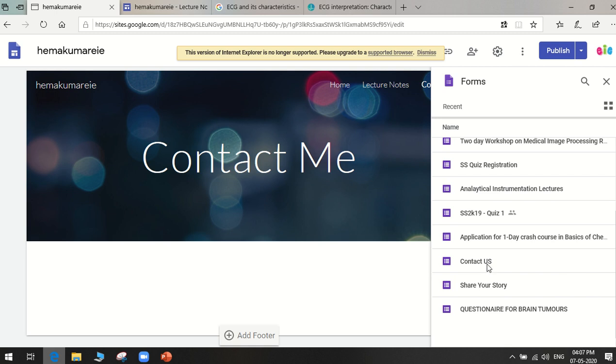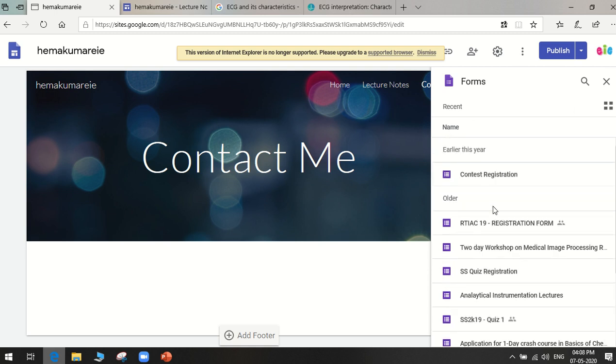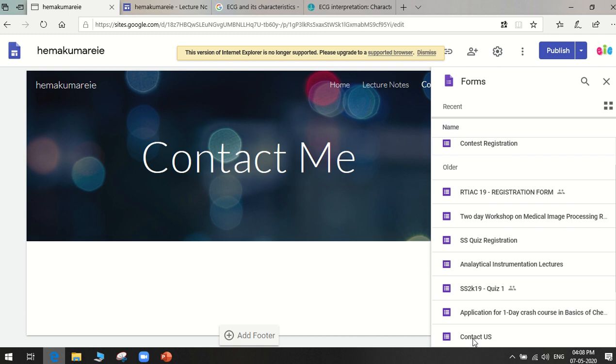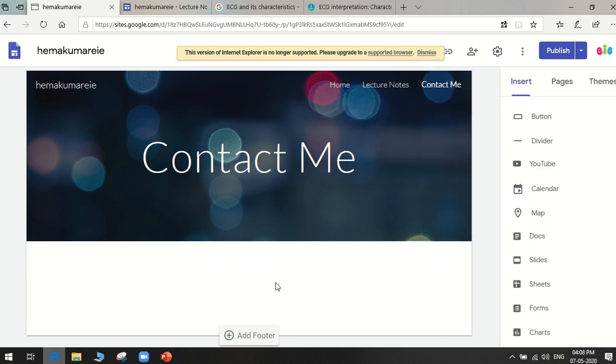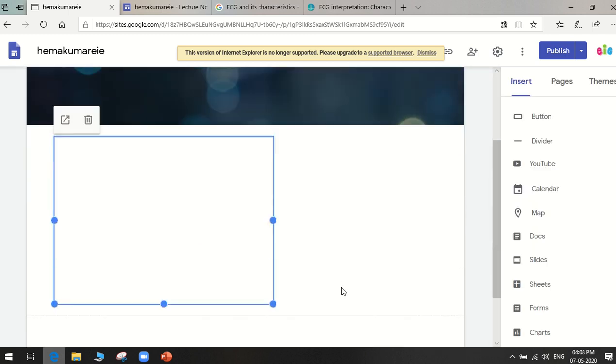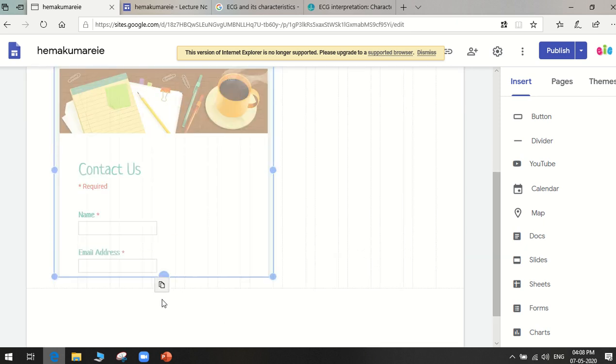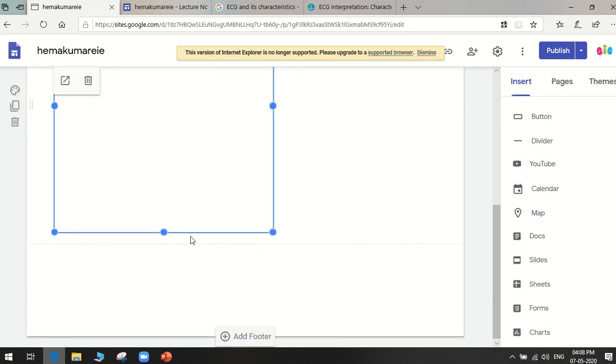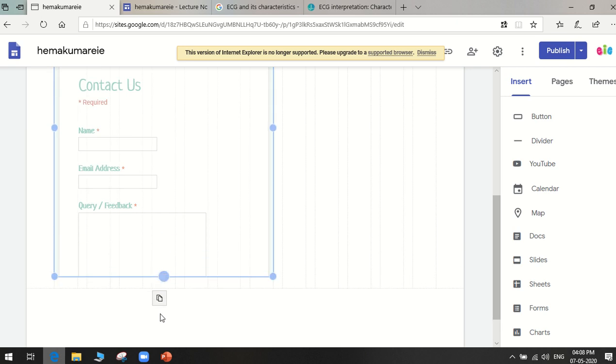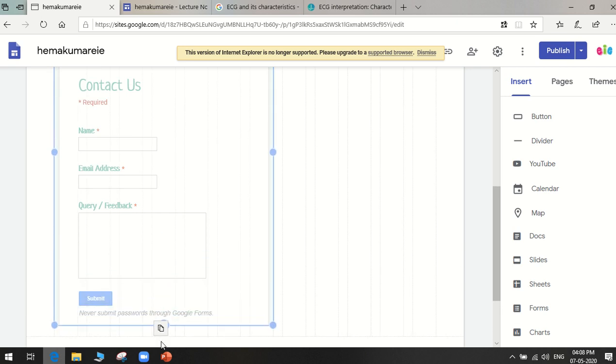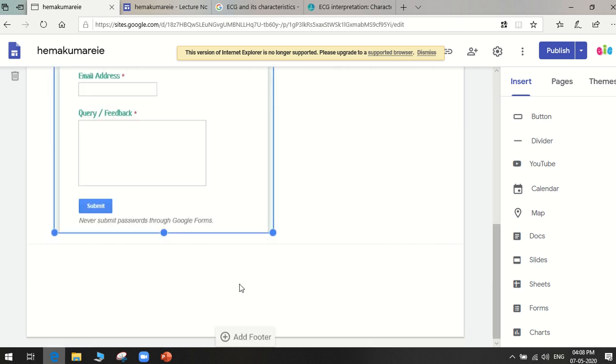These are the forms I have. I have already created this contact us form, and I'm just using that form over here. How to create the Google form, we'll see in the next class, next session.